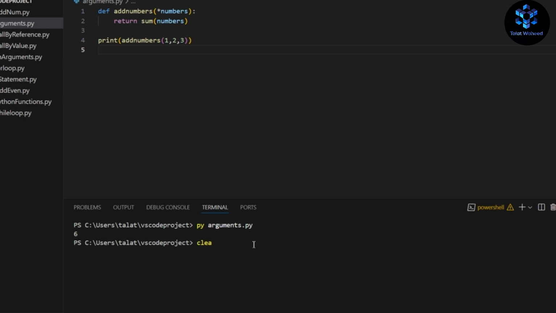Okay, this is the first example. So let's talk about another example. I'm calling this function again. Okay, so let's replace this value. You can add any number of arguments as you want in this variable length argument. Okay, so I'm adding here 4, 3, 7, 8, 9, 2, 1. Okay, again click on run. As you can see, it is showing 6 and 34. Like this you can use variable length argument in Python.